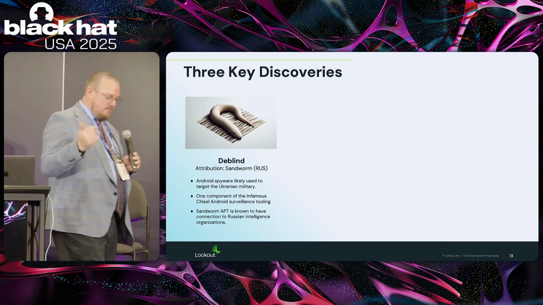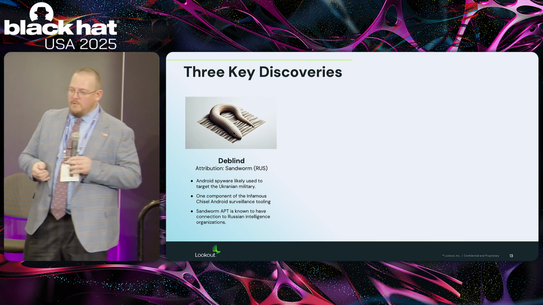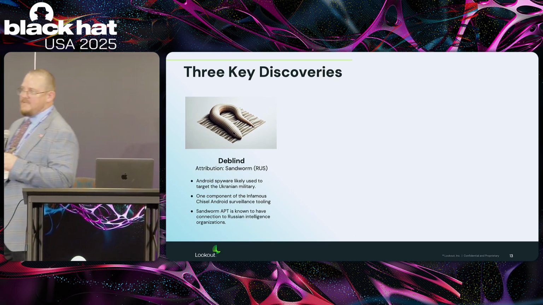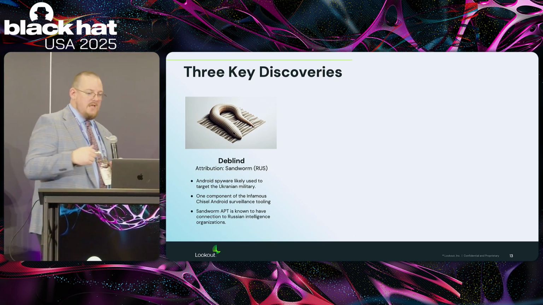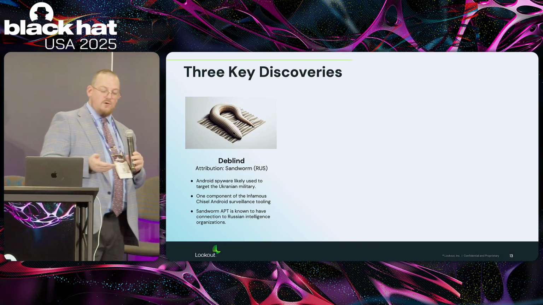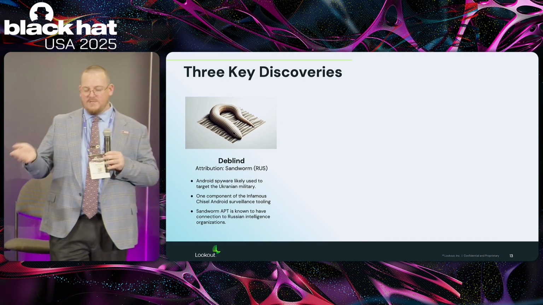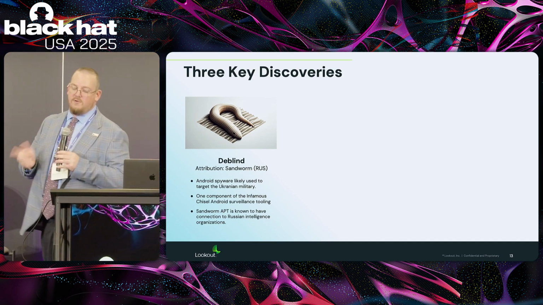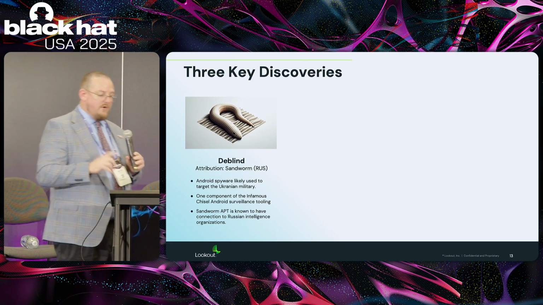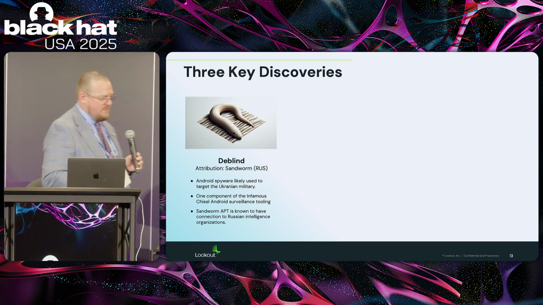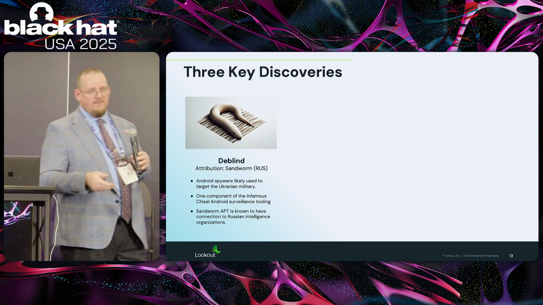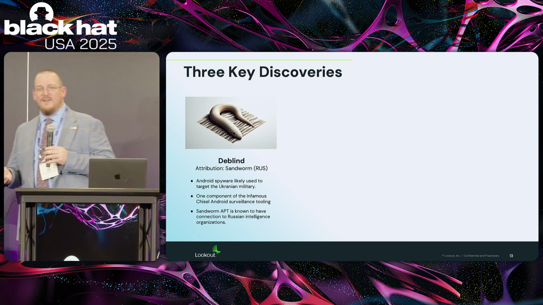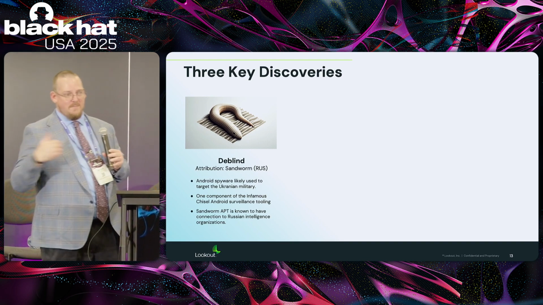So that first one I want to talk about from a Russia standpoint. During our discovery with infamous Chisel, we identified something called D-blind. D-blind is another payload that could be utilized in conjunction with infamous Chisel. This campaign was really specifically targeted on the Ukrainian command and control tablets that Ukraine is using for everything from drone warfare to artillery strikes, troop movements, you name it. And this is, of course, what Russia wanted to get access to because they want to understand their attack vectors so they can better put up defenses.